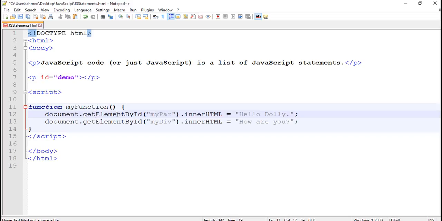So a function contains many statements, and all those statements which belong to the function must be written in curly braces, or a block. What a function is, why we use it, and what its functionality is, we will talk about in upcoming tutorials.